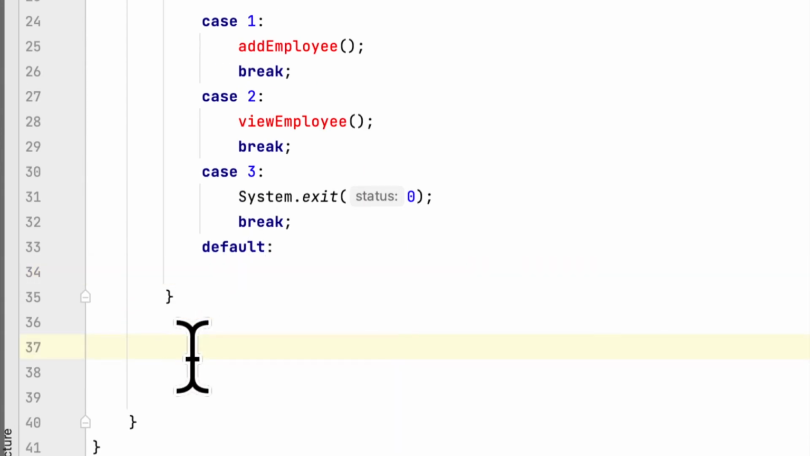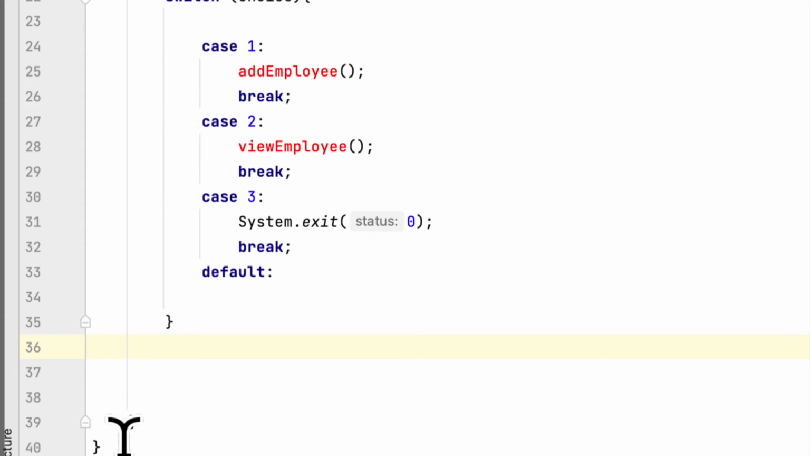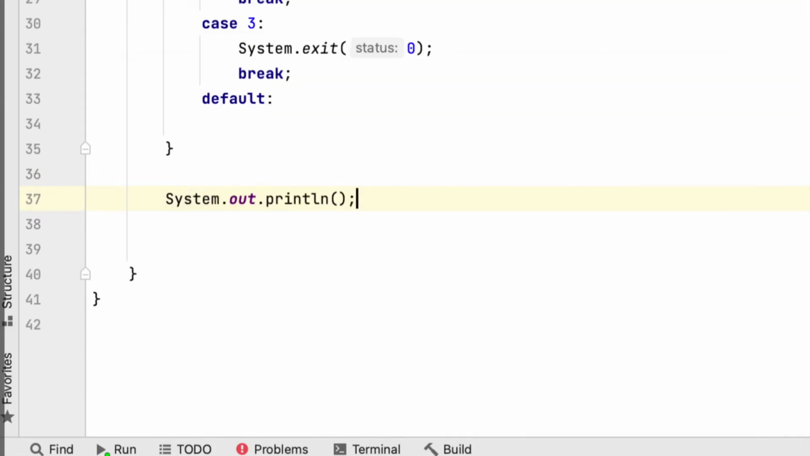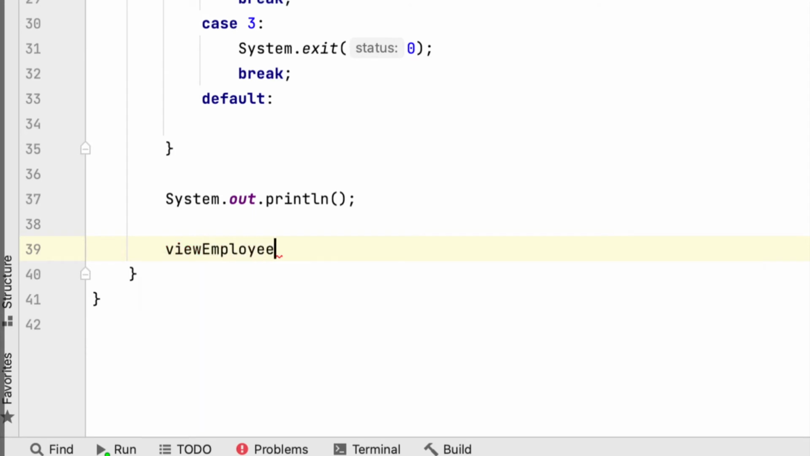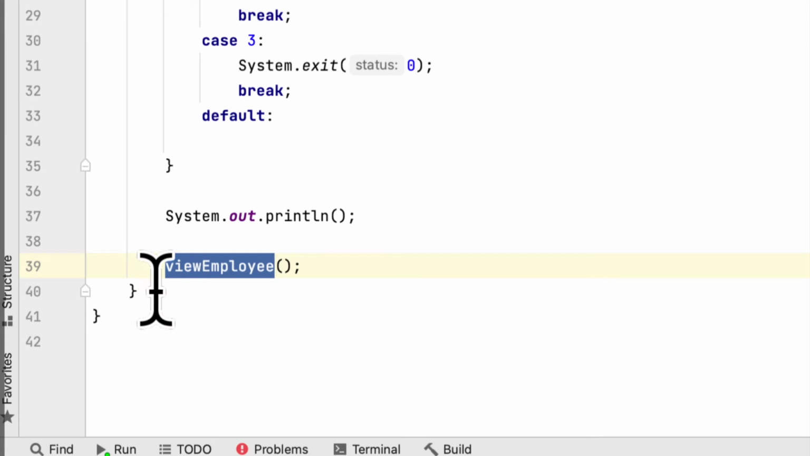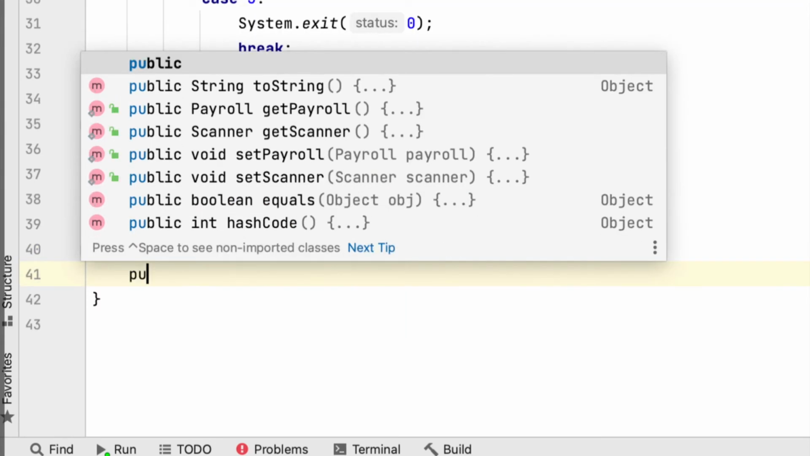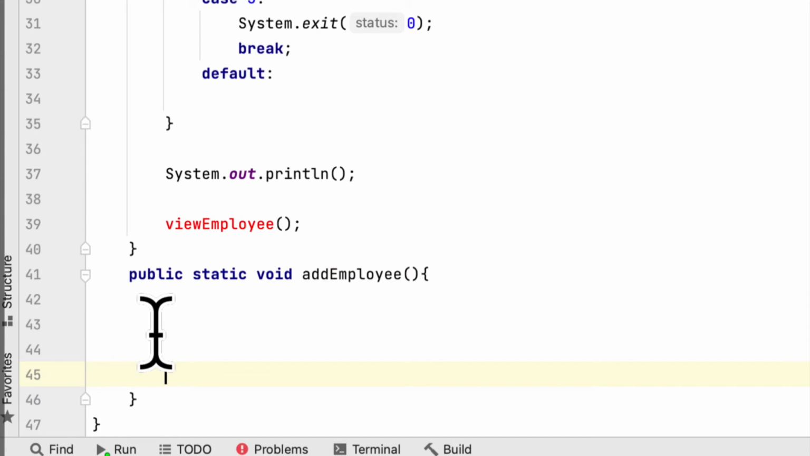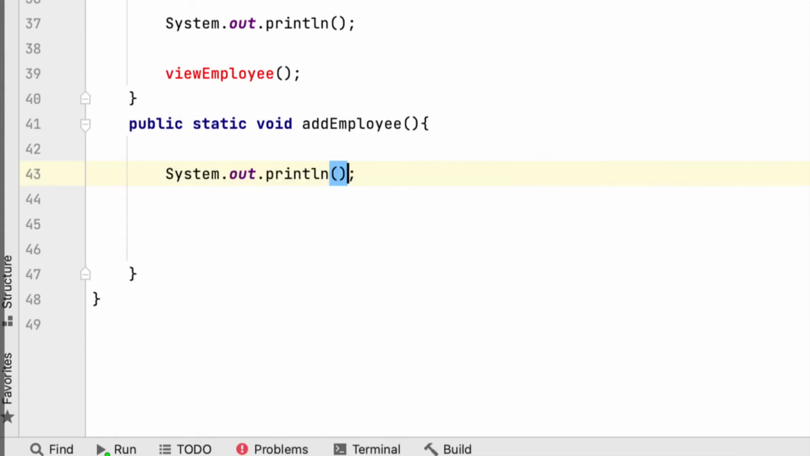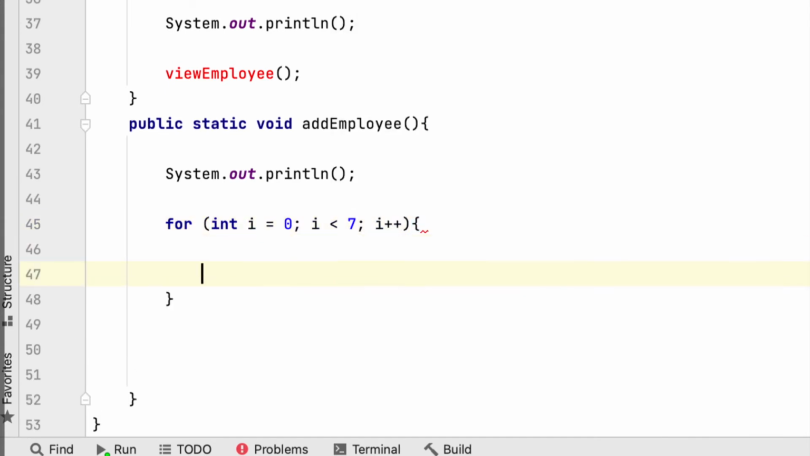After that, I would like to give a space between the adding employee and viewing employee methods. Say view employee, and first thing would be public static void add employee. Then we will say for int i = 0, i less than 7, because we want to run all 7